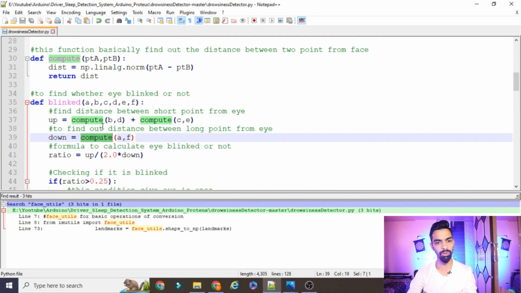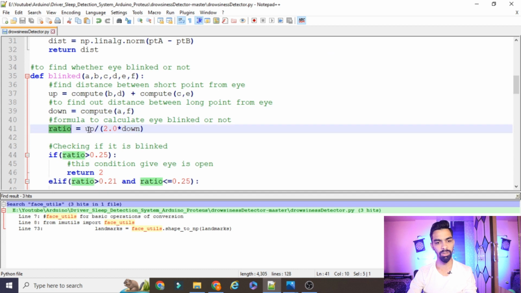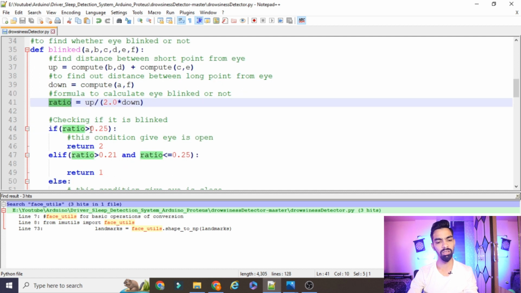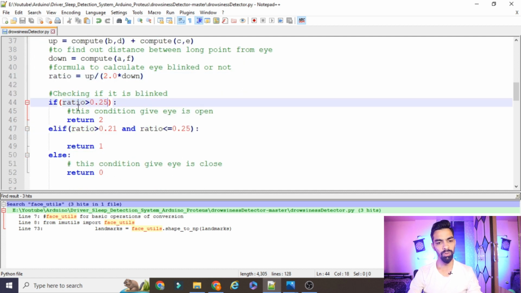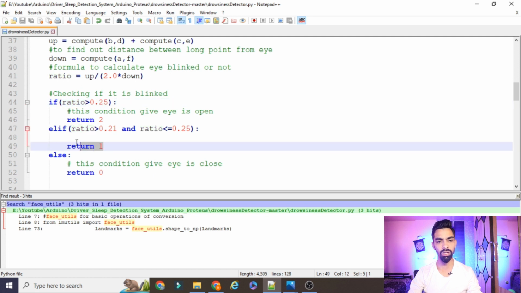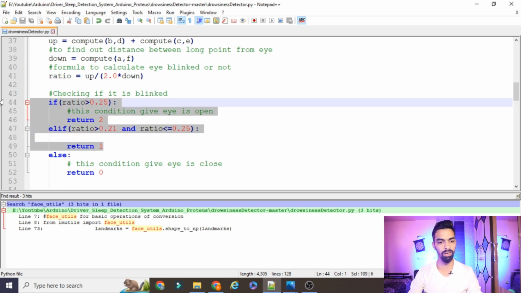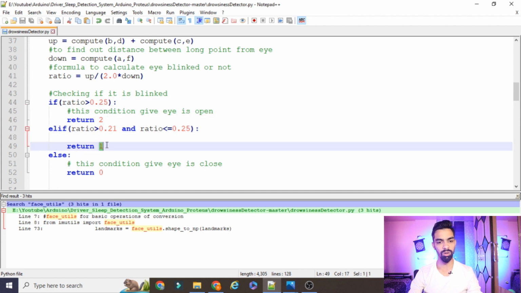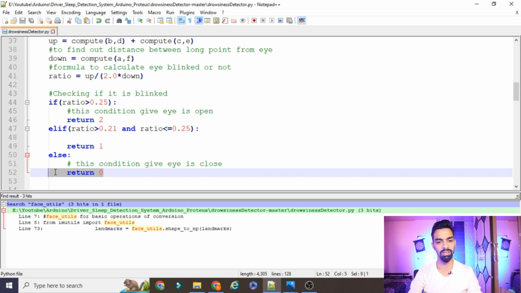Here compute will calculate the distance between the long landmarks, and that is the down, and the ratio is the up divided by 2 times down. So this is the ratio, and from that ratio we calculate whether the eye blinks or not. If the ratio is greater than 0.5 or greater than 1, the eyes are open. If the ratio is less than 0.5 or less than 1, the eye is blinking and we